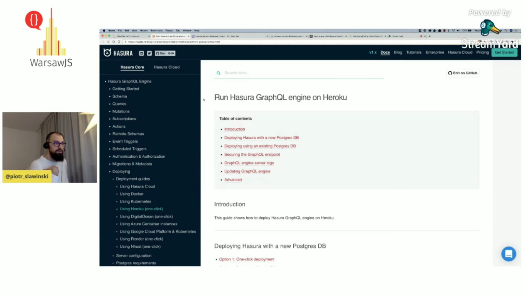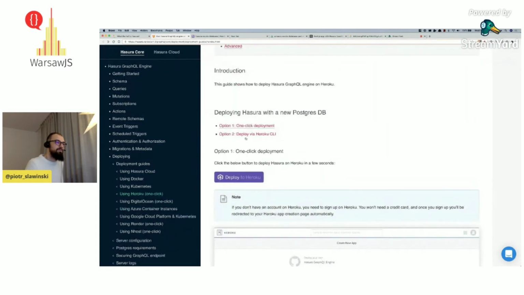Myself, as a junior developer, I wanted to have the most essential experience with Hasura without looking all over the internet on how to implement it. So I checked the documentation, and surprise, surprise, there's a one-click deployment on Heroku. Hasura, Heroku, I don't know about you, but I can see a pattern.